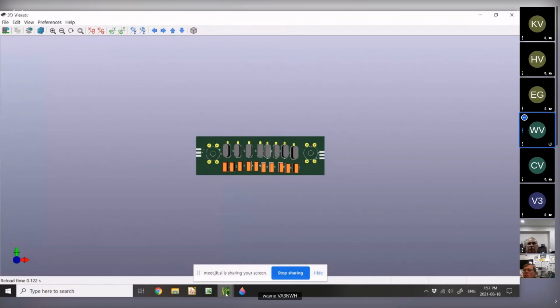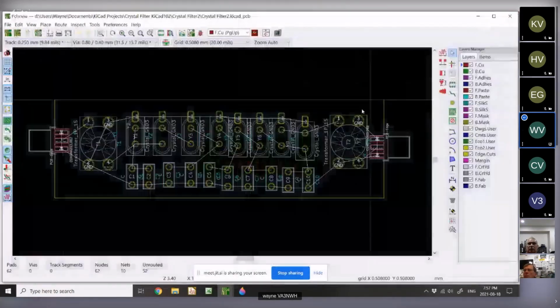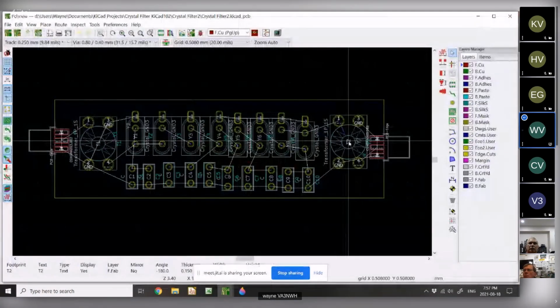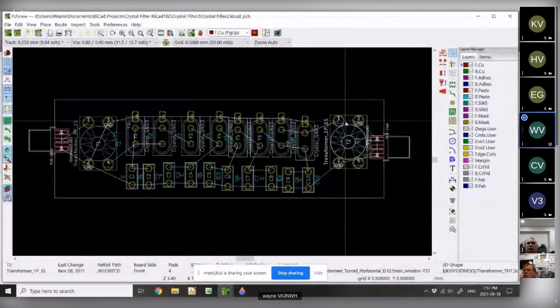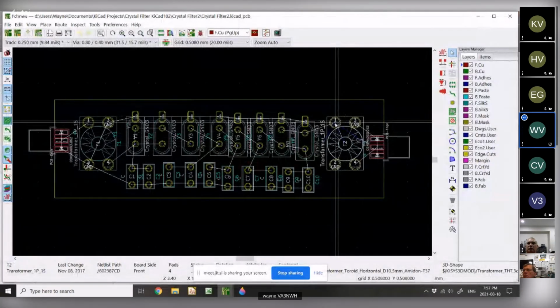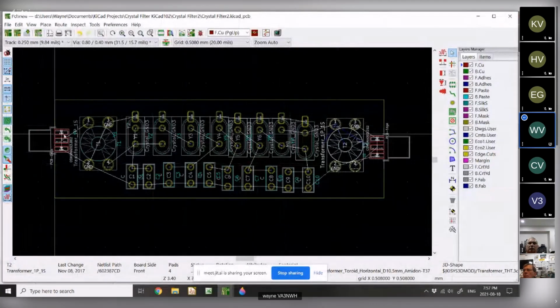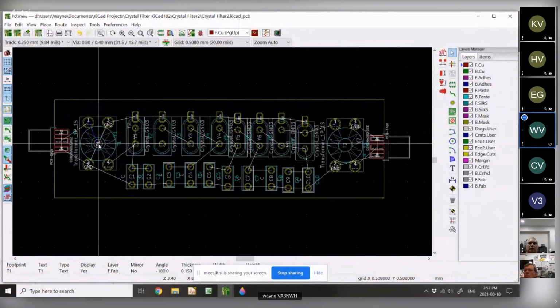So I will do that now, quickly. What I'm going to do is I'm just going to click this, if I can get it. I'm going to drag it in a bit, not too far. I may need to move this. Let's just center and see where the center lines up. Center line seems to be okay. So the two transformers look like they're approximately lined up. All right, now,